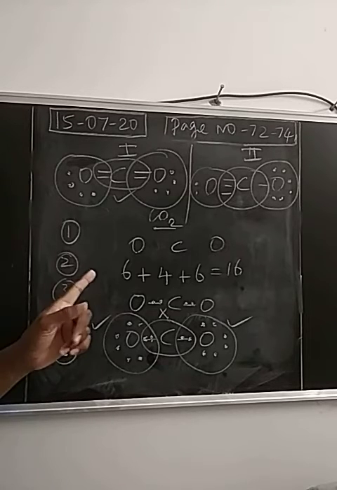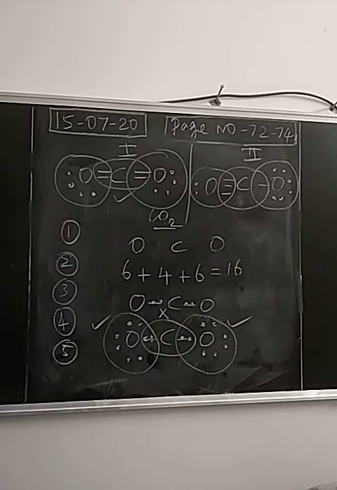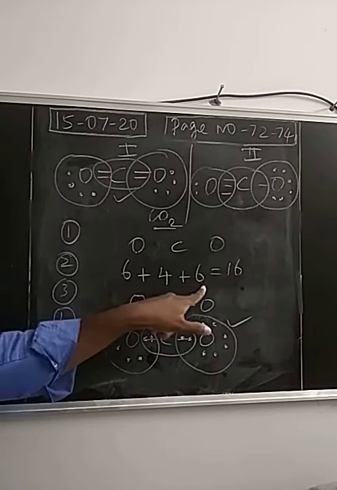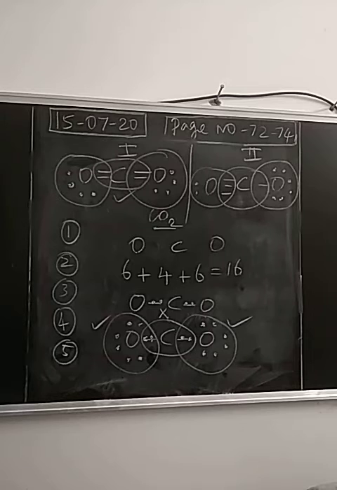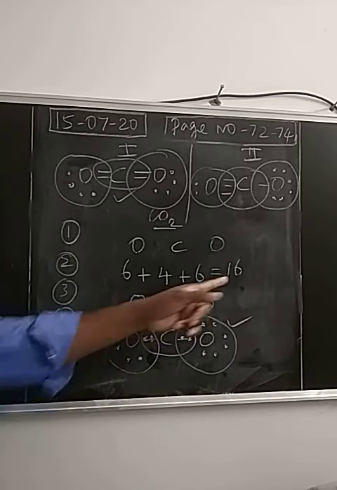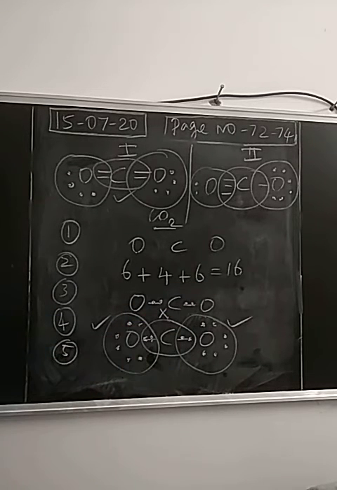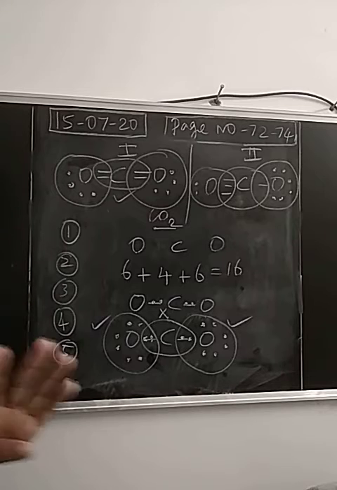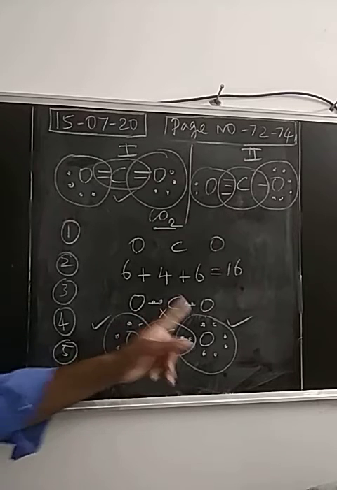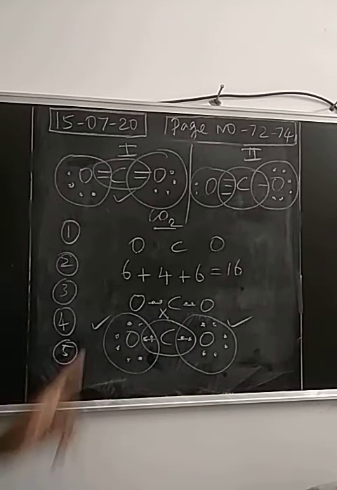The second step is the calculation of the total number of valence electrons in the molecule. For oxygen, 6 electrons. For carbon, 4. In total, in the carbon dioxide molecule, 16 electrons are present. Third step, these valence electrons will be placed as covalent bonds. We know for each covalent bond, 2 electrons will be there. So out of 16 electrons, we utilized only 4 electrons to make 2 covalent bonds. So this is the third step. We have made 2 covalent bonds using 4 valence electrons. The remaining 12 electrons will be there.